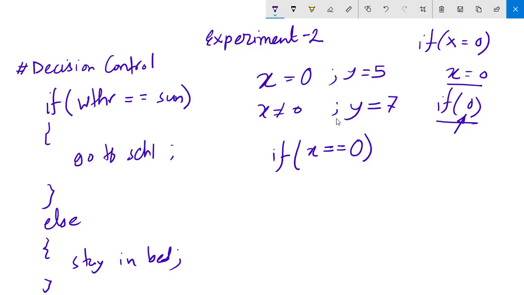So if x equal 0, then following our structure we have to put our curly braces here. Our execution command is y is equal to 5. We will put the semicolon here, and then else we don't have to put the condition here anymore because there are only two conditions. If x can be 0 and x can be non-zero. So if x is non-zero, then else we will put our curly braces and then in the middle. So that's the structure. In some cases, we will have multiple conditions.